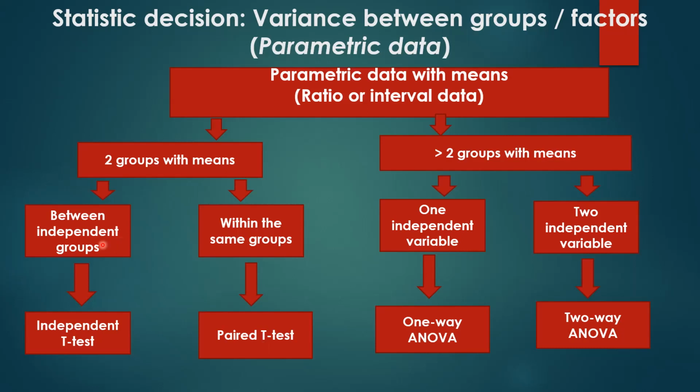Okay, so dependent groups, independent groups. For independent groups, we use the independent t-test. For groups that are not independent, or the same group, we use the paired t-test. Then now for parametric differences between groups, for situations where we have more than